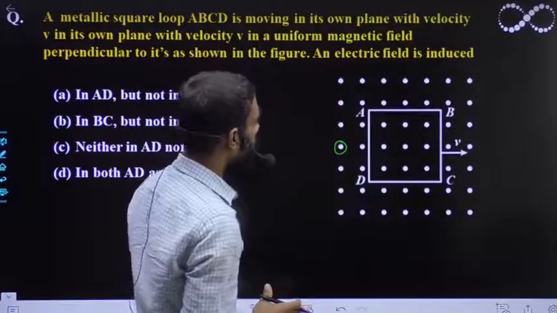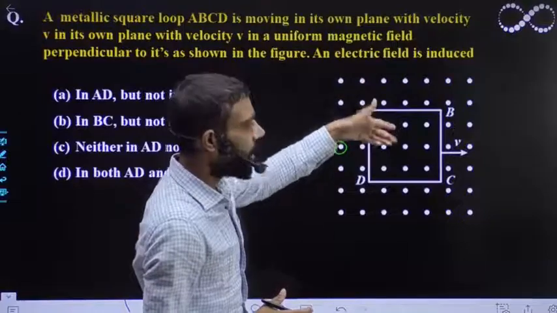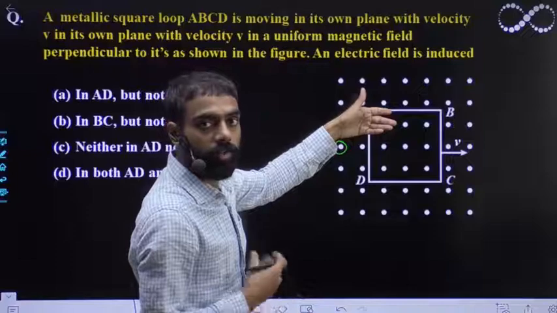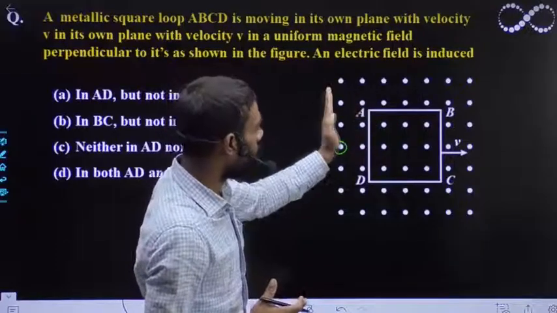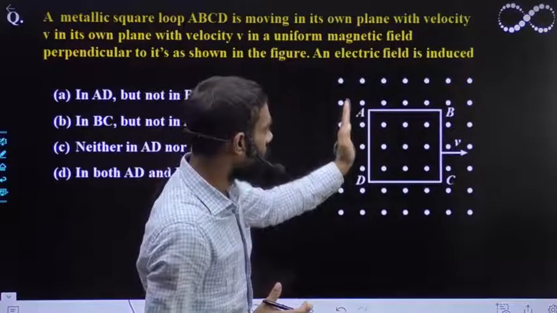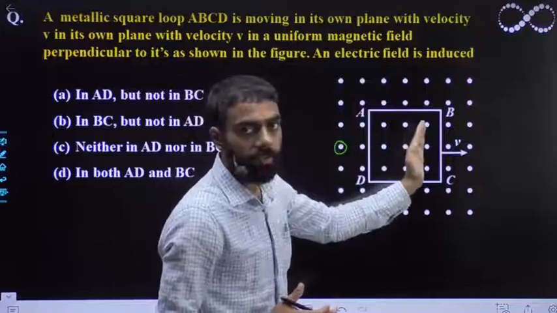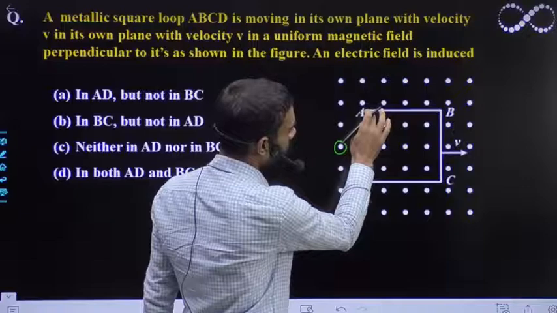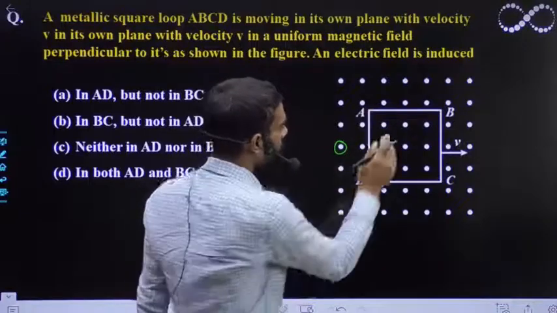Okay, so since we can see here the magnetic field is constant, here you will get the motional EMF. Okay, because the square loop is cutting the magnetic field, so here you will get the motional EMF. So since we will take, right, अगर मैं AB length ले लूं तो AB length की velocity